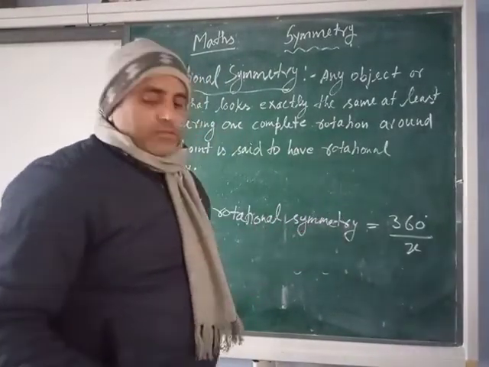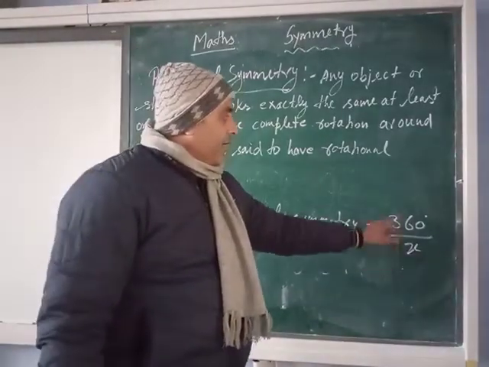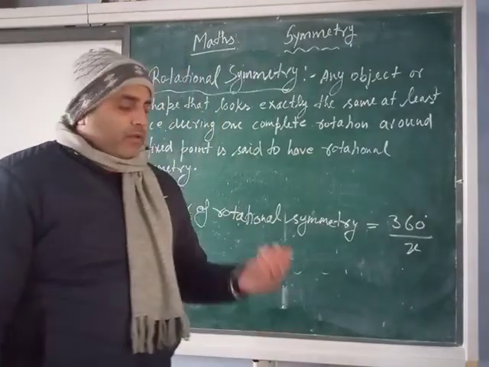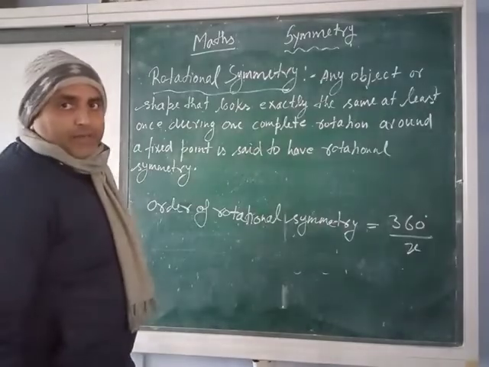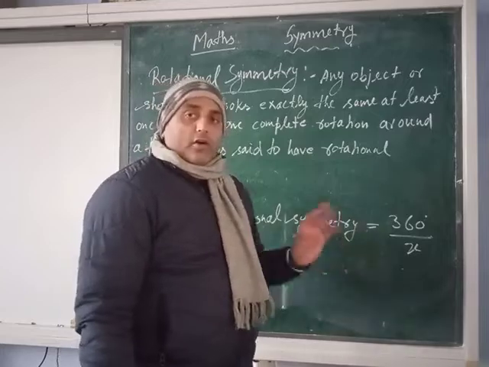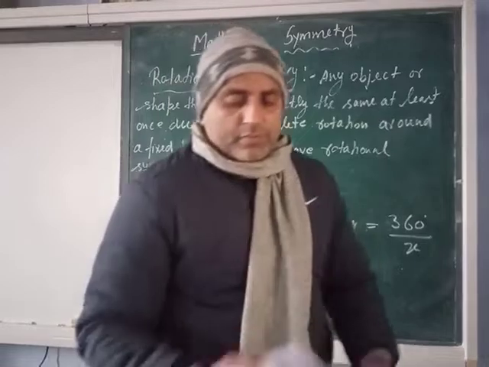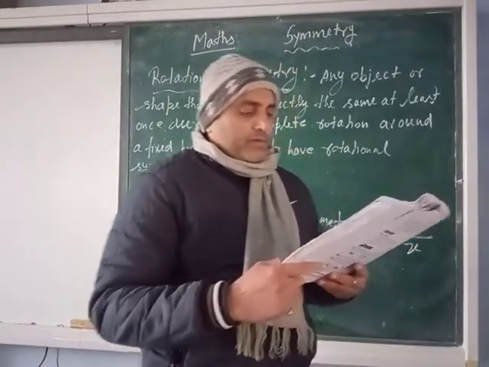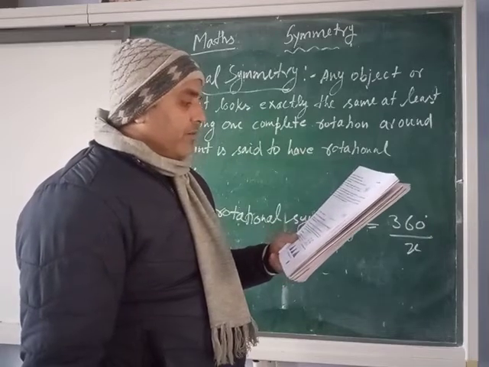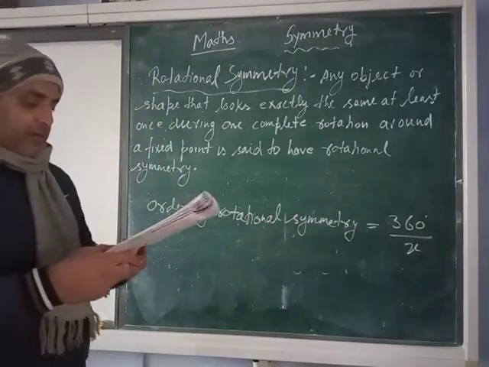Then we will use this formula, like a square: all sides are equal and all angles are 90 degrees. Divide 360 by 90, then you will get order of symmetry 4. But it is not possible in a rectangle because all sides are not equal. In a regular polygon it should be happening. In an equilateral triangle all angles are equal, and the sides are also equal, and each angle is 60 degrees. With the help of this, you can find the order of rotational symmetry, the number of times the figure looks exactly the same while it is rotated by 360 degrees. And all shapes have an order of rotational symmetry of at least one.